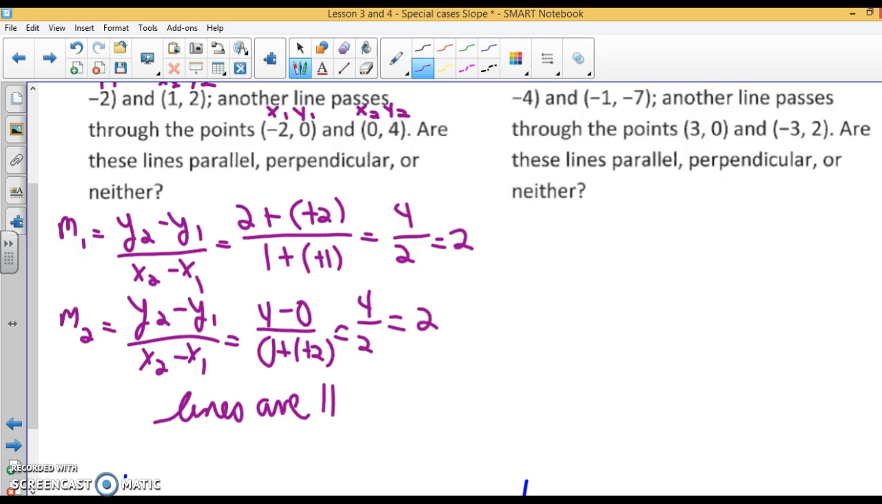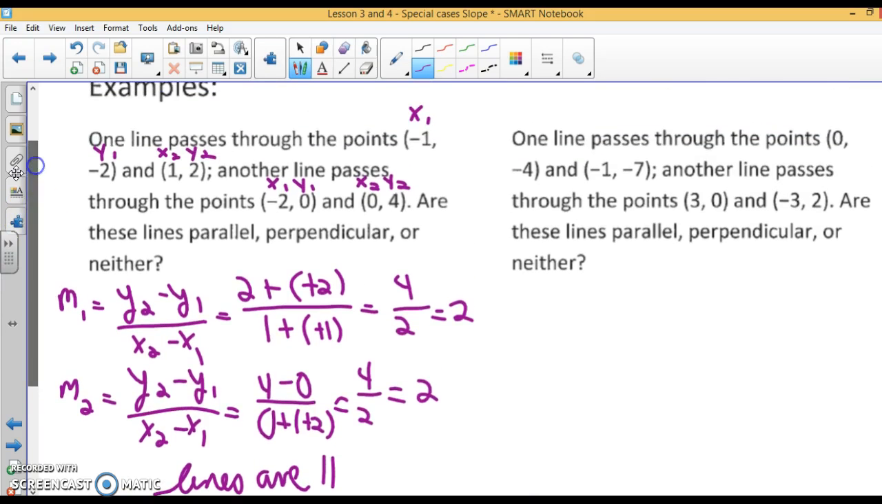In this problem, I'm just going to tell you right now, when you find the slope of line 1,